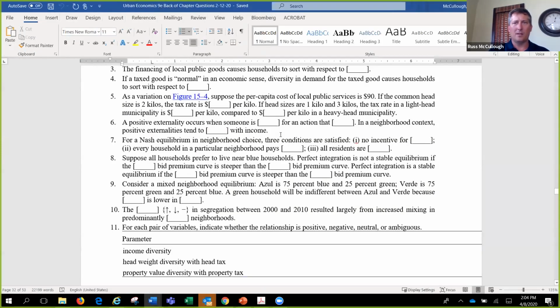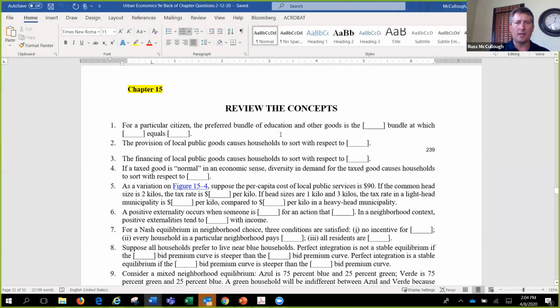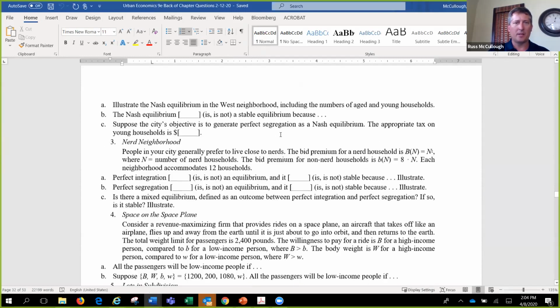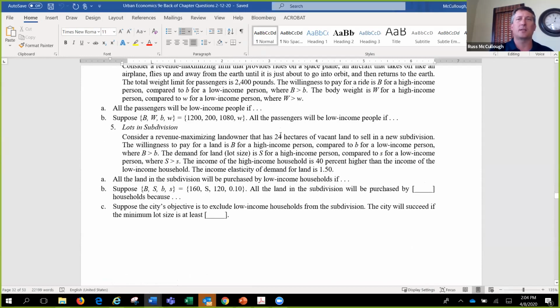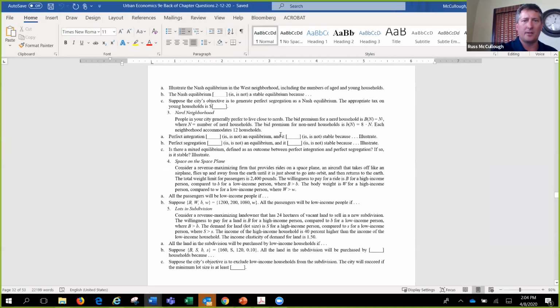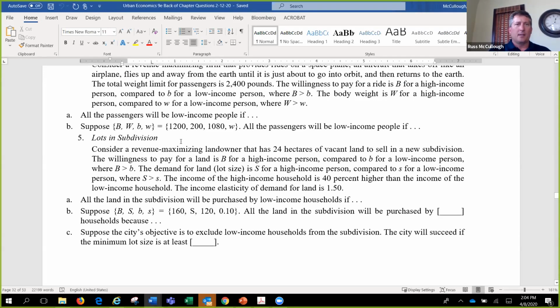Okay, so I guess let's start with 5. I don't think it really matters too much on the way we go, but a couple of you had reached out to me from my email regarding number 5. So let's start with that one. Wait, is this the right chapter? Is that right? Yeah, we had the nerds. Okay. All right, so